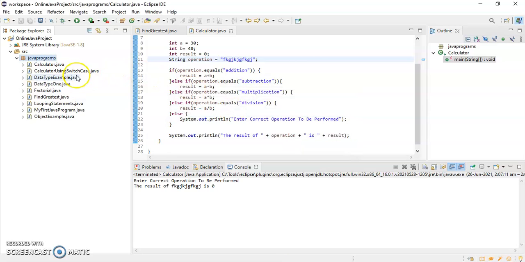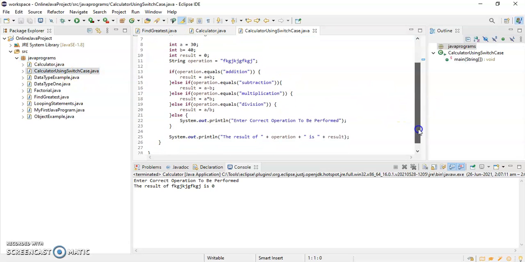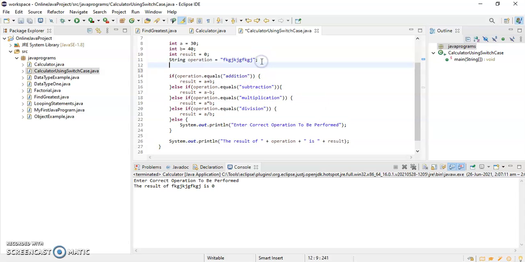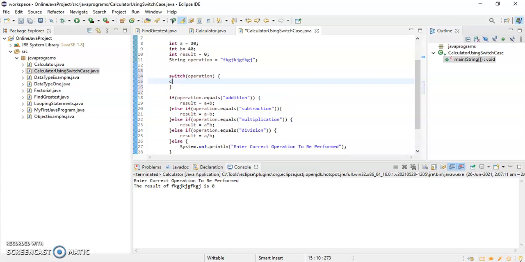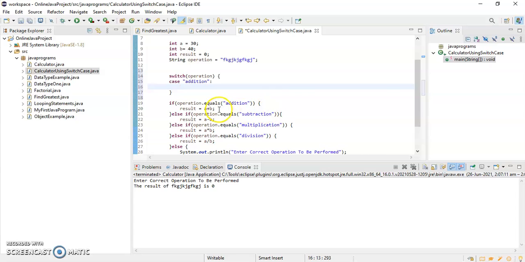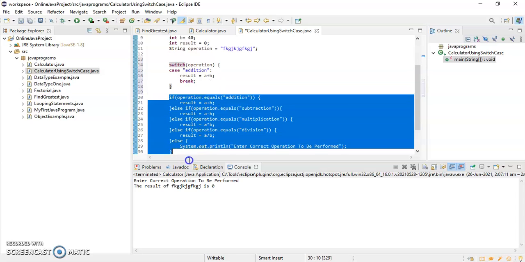In this case what I have to do is write switch, and what is the operation, then I have to write case. So case addition, if it is case addition, then do this. After that I have to use break. So I'll delete all these things.